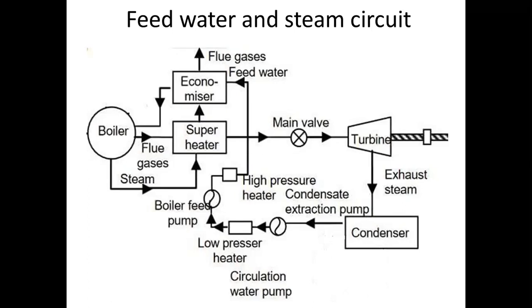The first advantage is that there is less chance of condensation. If we are just making the steam dry and saturated, and we are transferring the steam with the help of a pipeline from the boiler to the turbine, there may be chances of condensation. So the steam can become wet steam, it can no longer be dry, and wet steam can be harmful to the turbine blades. That's why here we are using superheated steam.